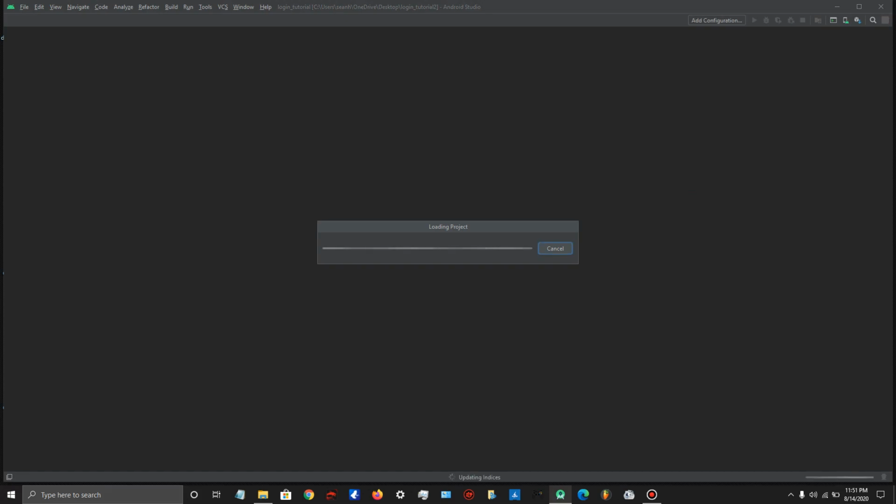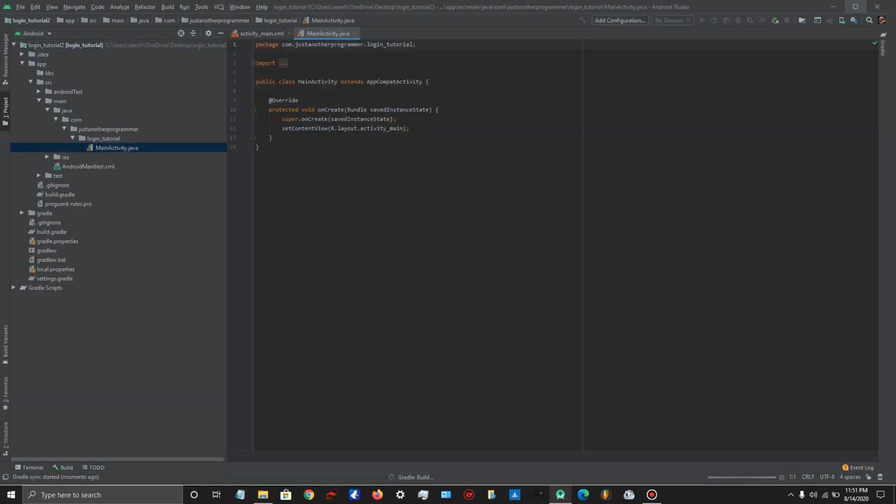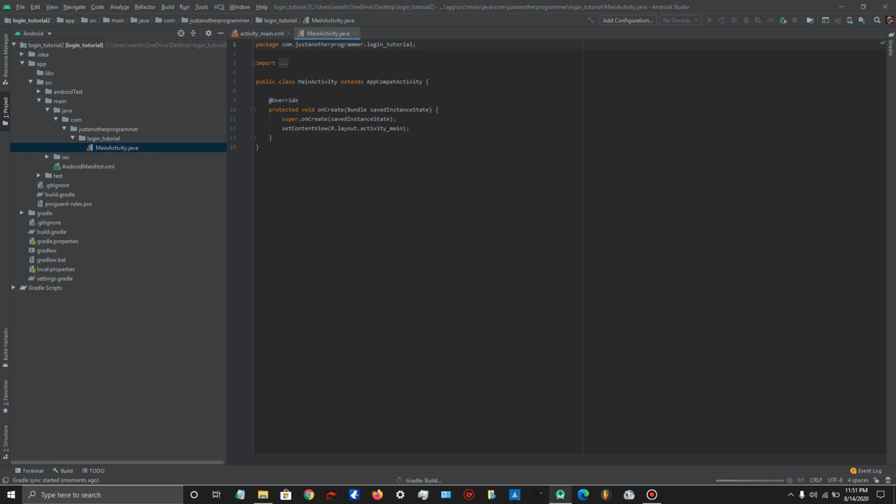Then we get into the loading of the project. Android does take some time to load. I'm sorry for not cutting it out, but this is just a quick recording. This is just to get you started off. So once the package is finished loading, we're going to create other packages within the file so that we can